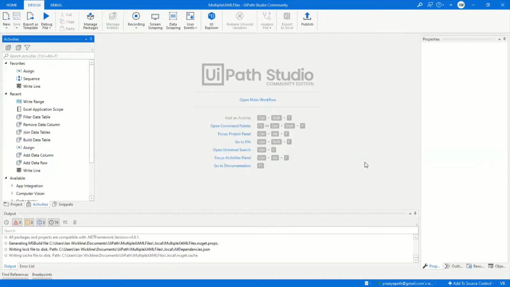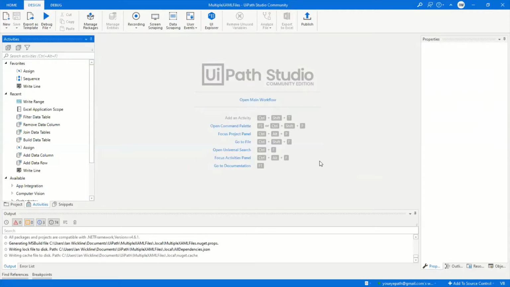When we get into ReFramework, we are going to be working with multiple XAML files all the time, quite extensively. And the problem is when you deal with multiple XAML files, the variables that we define and declare inside of one XAML file,